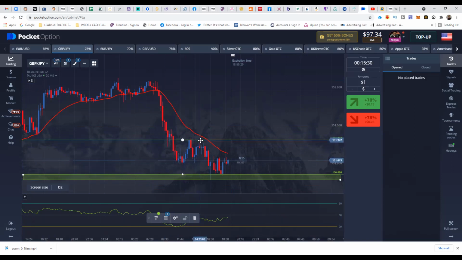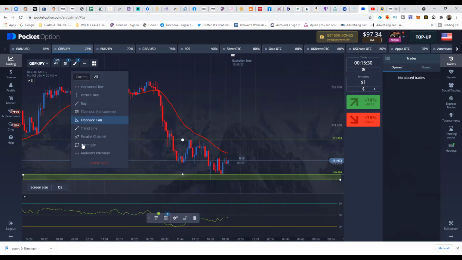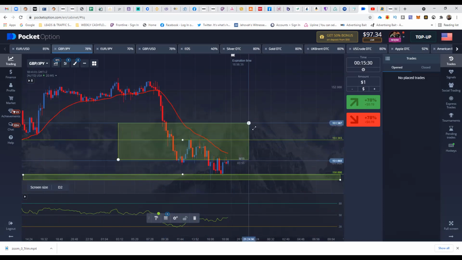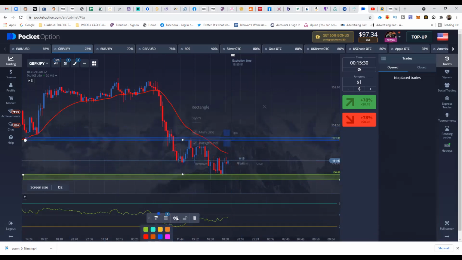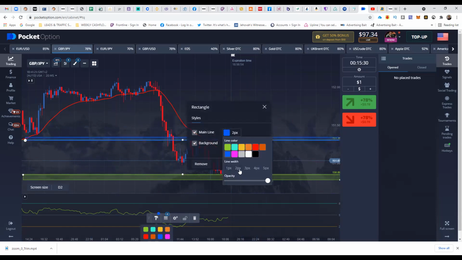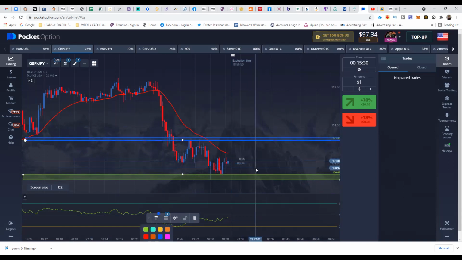In reality, price actually rejected this zone here. So we're going to make this another zone. We're going to make this a different color as well. We're going to make this blue. All right. Then what we're going to do is